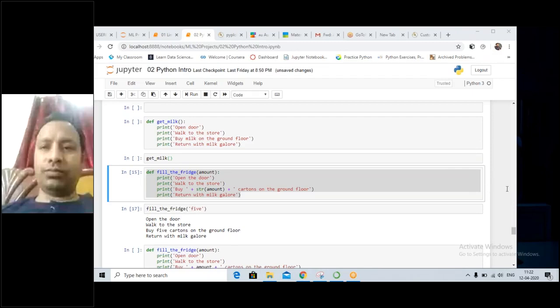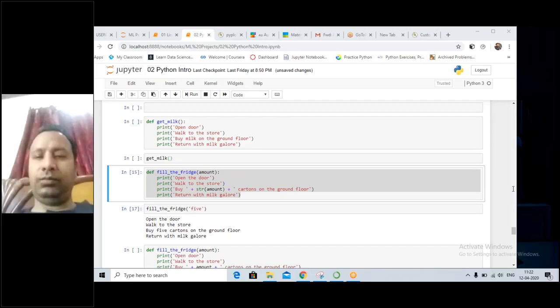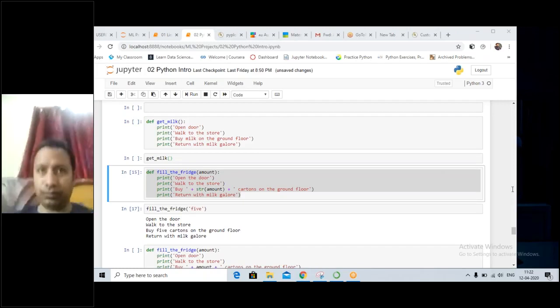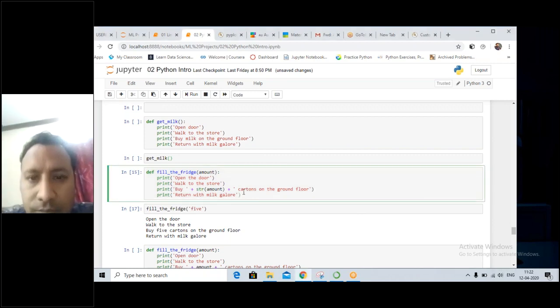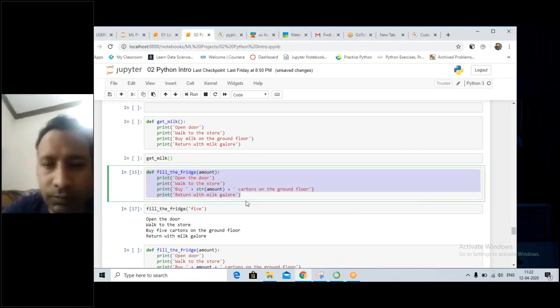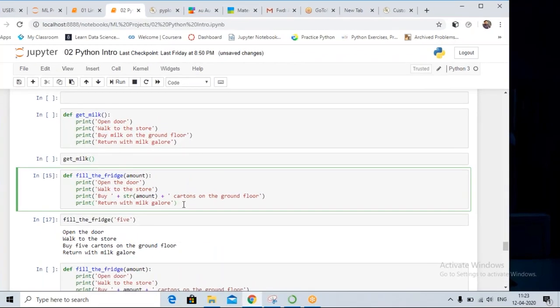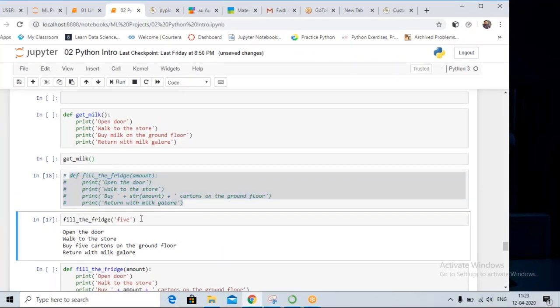First of all, you need to define the function. Dr. Suresh, you need to define the function fill the fridge first of all. The way I did it, first of all, I defined this function. I run this cell first. If I go back, if I comment this out, and if I run this code,